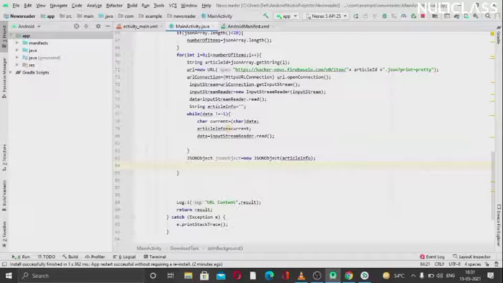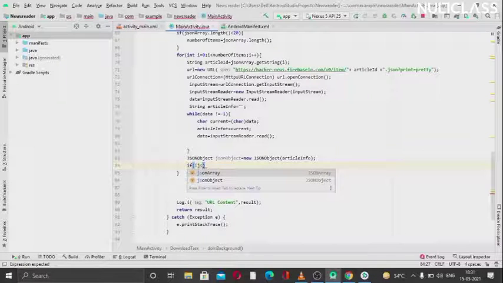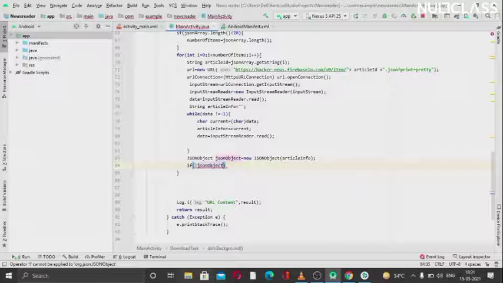And now we will set an if condition to check whether the article, sorry, URL and title both are not null. So we'll just check, if not JSON object dot is null. We have a method to check whether it is null. So inside of that we need to pass what we need to check. As we need to check the title and URL, firstly I will pass title here, and also we need to check for URL here.